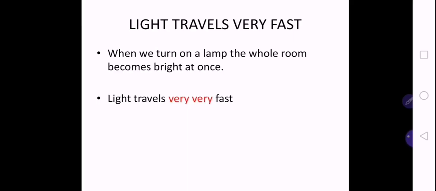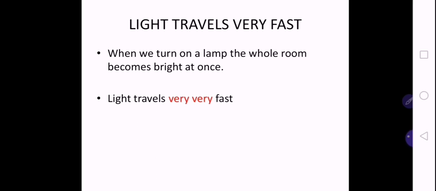Now today we will see how much time light takes when it moves from one place to another, meaning what is the speed of light. Light travels very fast, just as we all know that whenever we turn on the light or a lamp in our room, within a second, not more than a second, the light goes on and the whole room is brightened up. Yes or no? So this proves that light reaches every corner of the room in less than a second,